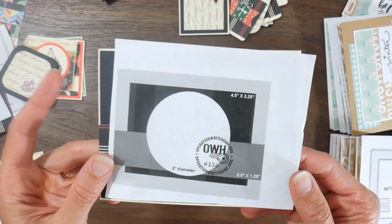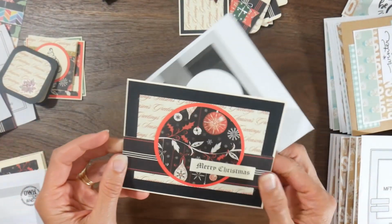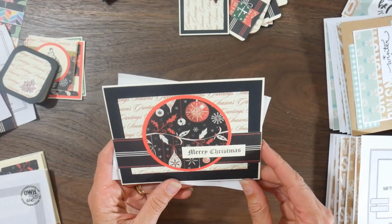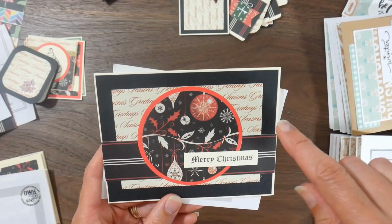This is Operation Write Home sketch number 116. And I really like this one. I don't know what it is. I don't know if it's the combination, but it's probably one of my favorites that I did, and just used